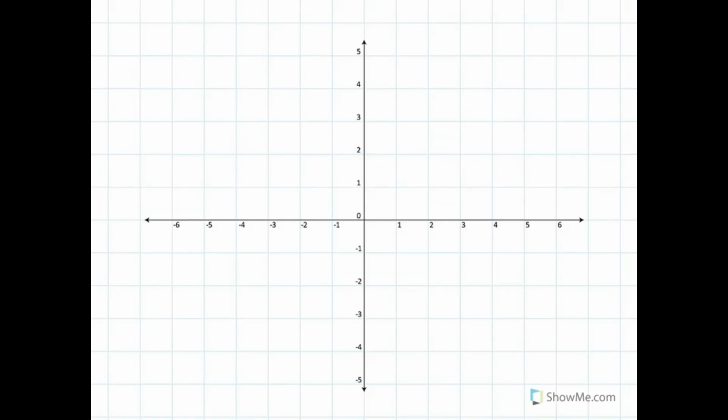Let's practice graphing a basic parabola by hand. So y equals x squared is the basic parabola. It has a vertex at 0, 0, and it goes to the point 1, 1 because 1 squared is 1. It also goes to the point negative 1, 1 because negative 1 squared is 1. And it has a U shape as opposed to a V shape for the absolute value graph. And it goes to those 2 points with a U shape. And then at 2, it's all the way up to 4. It starts climbing very steeply and it's symmetric on both sides.